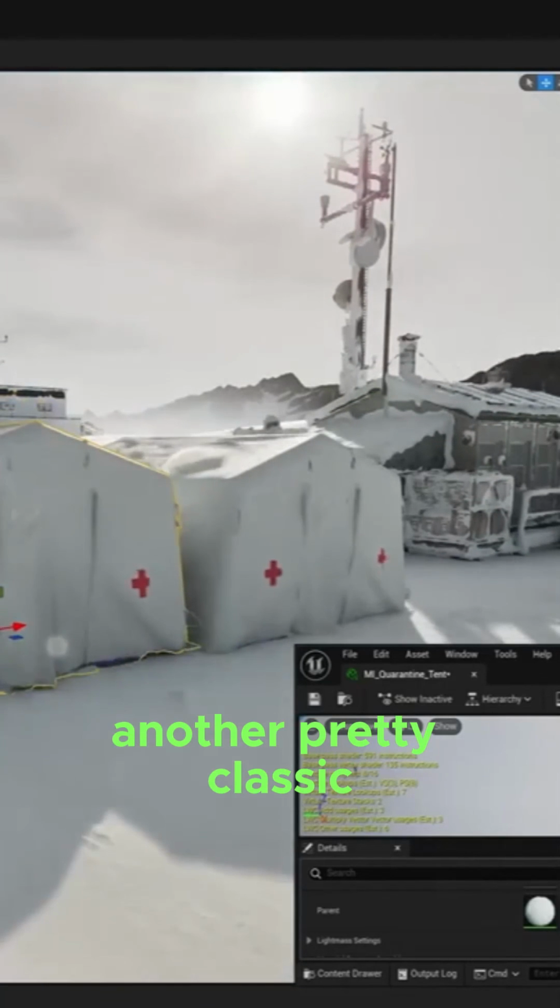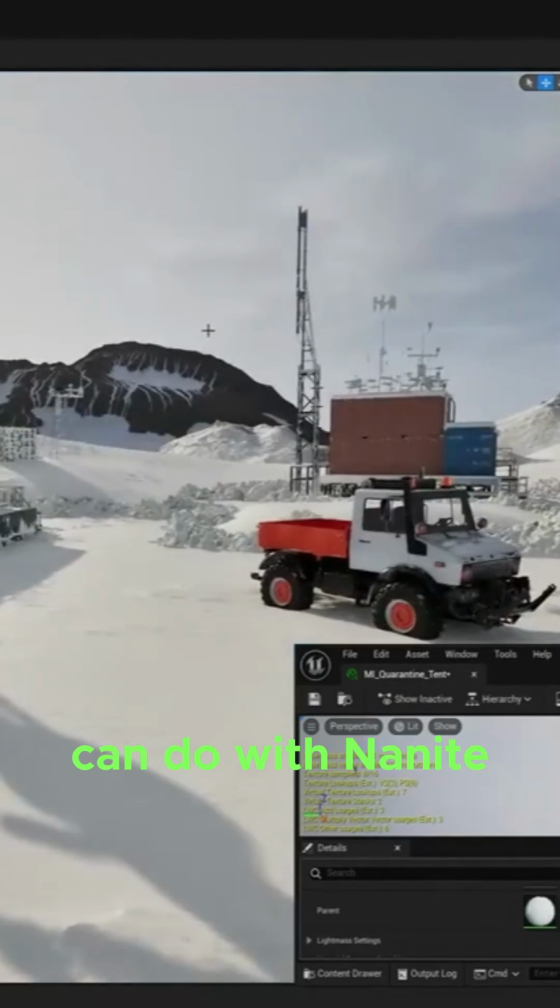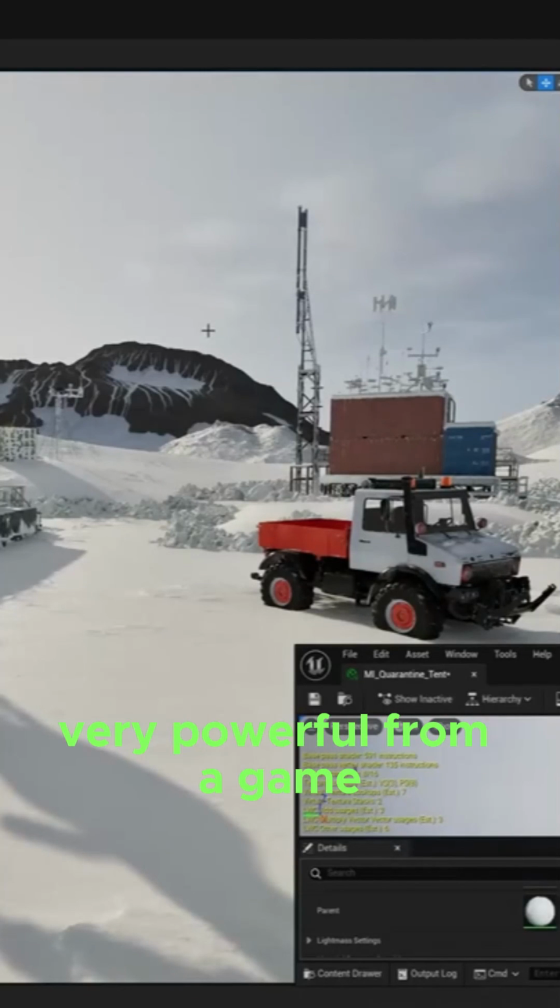So another pretty classic example of the types of things you can do with Nanite: lightweight geometry and having texture map information add in all that subtle detail. Very, very powerful from a game workflow perspective. So the final thing that we're going